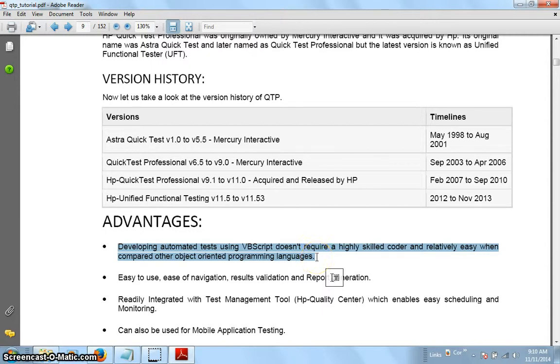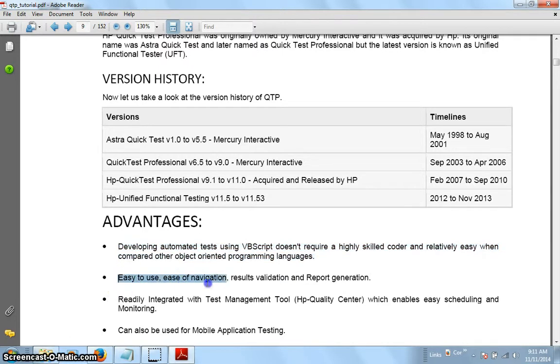It's very important that those who are not good coders, or don't know a coding language, can still write VBScript, because VBScript has its own IntelliSense, and it is very easy to navigate the overall QTP screen. So anybody can develop automation test suites.